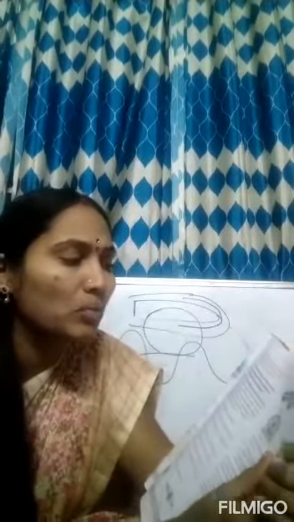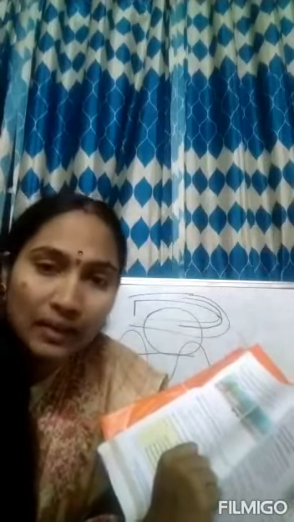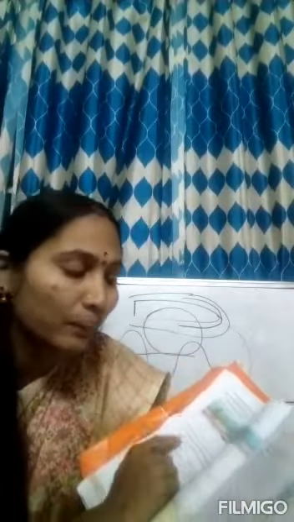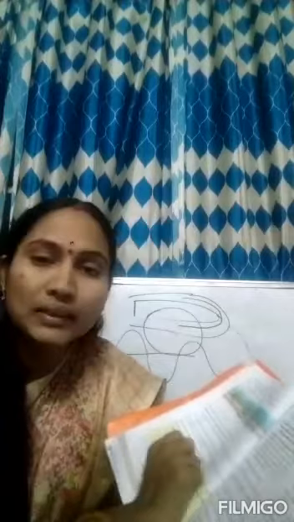Next, if a body in translatory motion moves along a straight line, then the motion is called rectilinear motion. Here the body is in translatory motion and it's moving in a straight line. Then this type of motion is called rectilinear motion. Next, if a body in translatory motion moves along a curved path, then the motion is called curvilinear motion. If it is in a straight line, we have to say rectilinear. If it is in a curved line, then you have to say it's curvilinear. For example, a car turning on a road. When it is turning on a road, you have to say that it is in curvilinear motion.